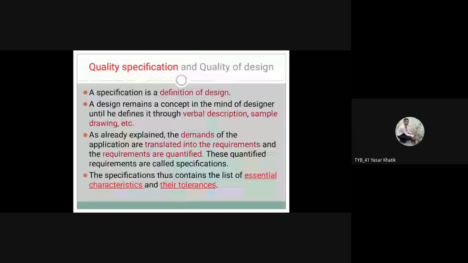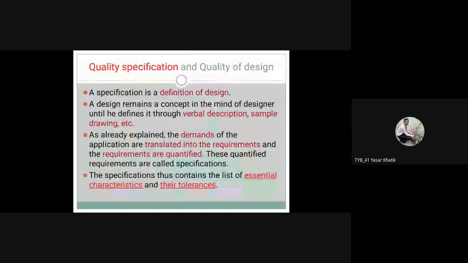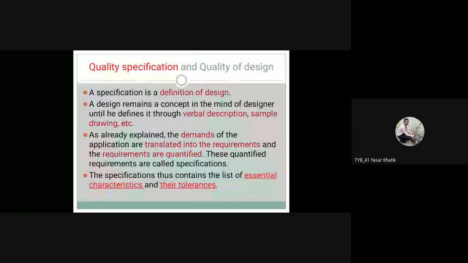system and quality design. So what are the different specifications of the quality and design? Okay, specification is a definition of the design. Simply, it's a design definition. So a design remains a concept in the mind of the designer until he defines it through a verbal description